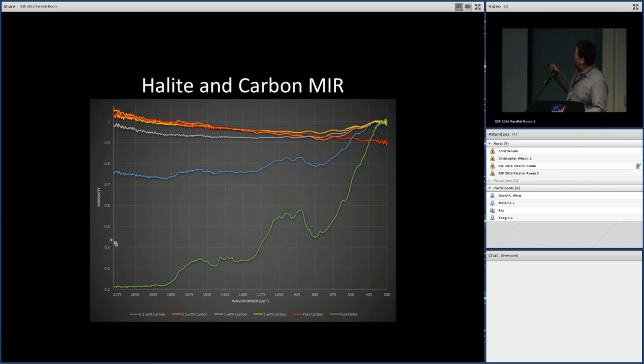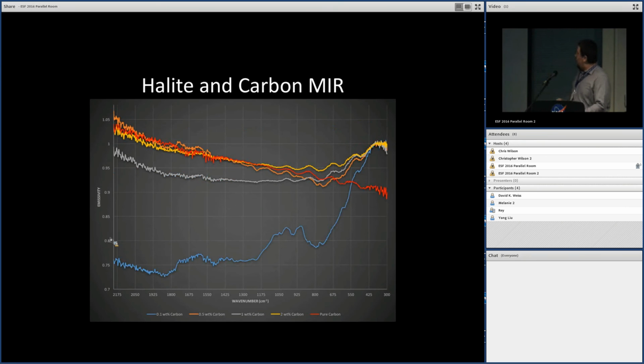The halide is actually a stronger absorber out at these wavelengths, and it completely dominates this region of the spectrum. Let me flip to this one. I just got rid of the pure halide. Otherwise, this is the same so that we can see some variations in scale here. One thing that we're very interested in that I don't yet have an explanation for, but I've got a kind